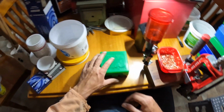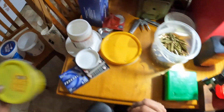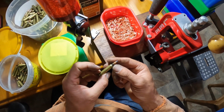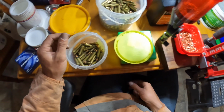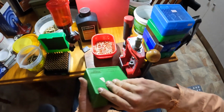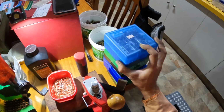So yeah, all these. Some of these I swapped over. Had found some 51 grain projectiles for the old 222 in the cupboard, so I'll try them in the 223 and use them up. There's about 300 and something of them, 314 of them I think. So all of those, you've got all these boxes full. And there are hollow points. Actually no,